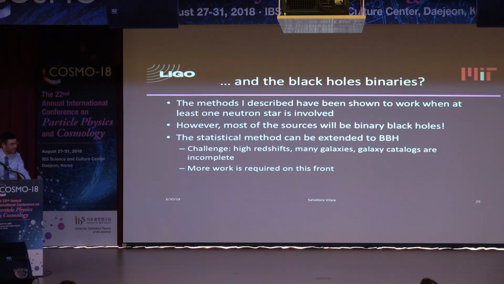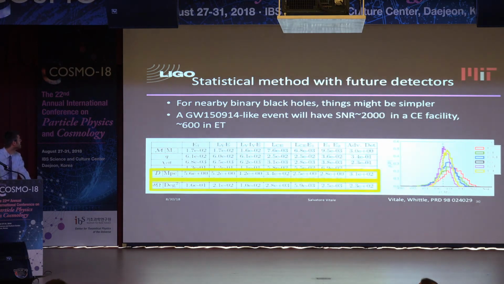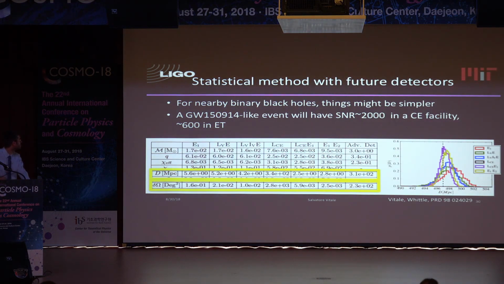However, what I personally looked at is a kind of best case scenario, which, however, we know will happen, it's just a matter of time. I focus, instead of advanced LIGO, on the future detectors I mentioned earlier. I told you they are a factor of 10 better in sensitivity. Here you have several of them, but don't worry about it, that's not important. If I have a binary black hole nearby, like GW150914, like the first detection, so I'm not making up anything unrealistic here. I'm considering an event like the one we have already detected.